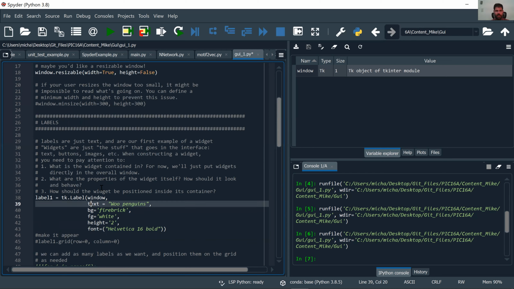We're going to have a text that says "Woo penguins." We're eventually going to build up to an app that is going to play with penguins some more and implement penguin classification in our app that we're building. We're going to set the background to be Firebrick, the foreground to be white, the height to be 2, and the font to be Helvetica 16 bold. And if we do this,